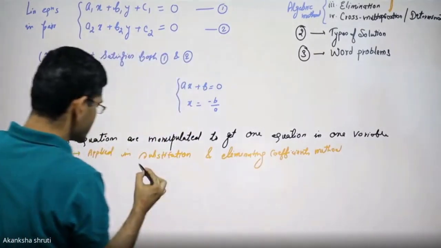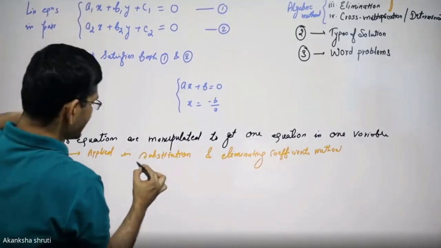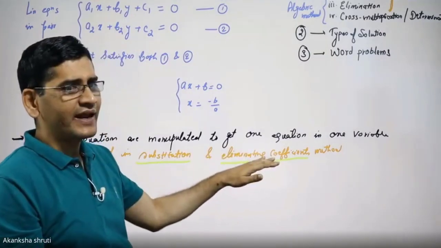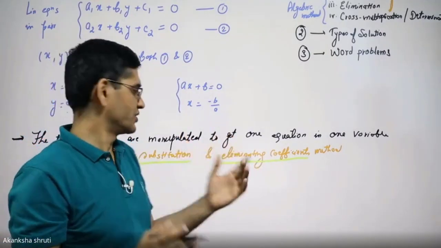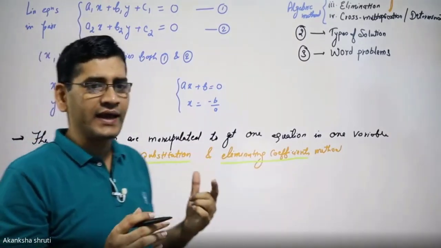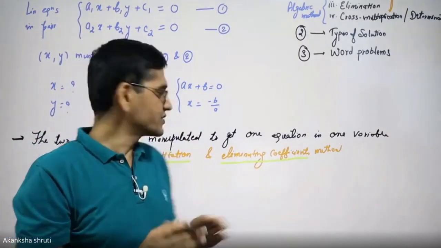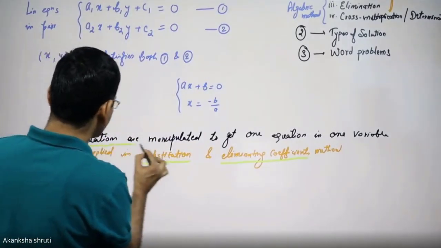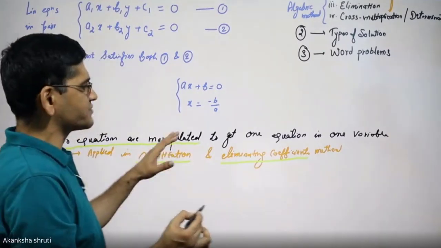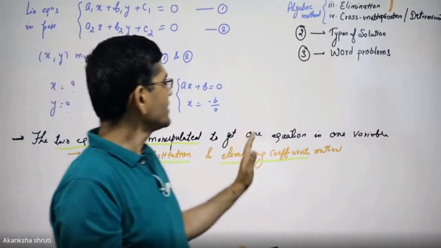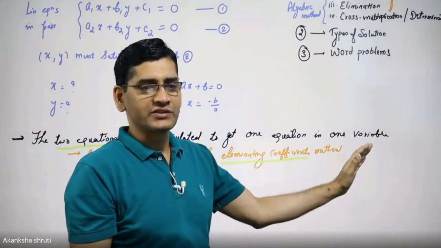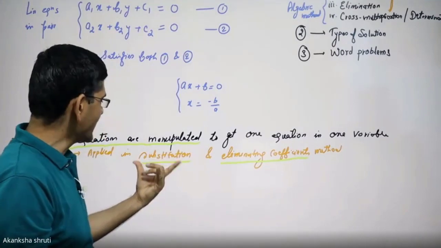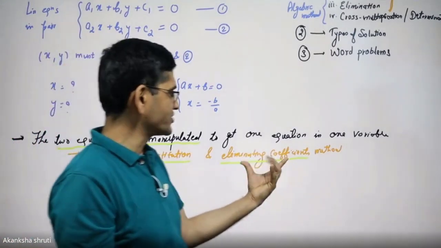Students, this substitution method and elimination of coefficients, these two are not entirely different, rather they resemble each other. ये दोनों मेथड बिल्कुल अलग नहीं है, लगभग एक ही जैसे है. जस्ट इनका जो मैनिपुलेशन है, यानी कि दो इक्वेशन को हम कुछ इस तरीके से मल्टीप्लाई या डिवाइड या इक्वेट या सब्स्टिट्यूट करते हैं कि हमें वन वेरिएबल में इक्वेशन आ जाता है. पर्पस यही है. तो हम आपको सेपरेटली बताएंगे how to manipulate in substitution method and how to manipulate in eliminating